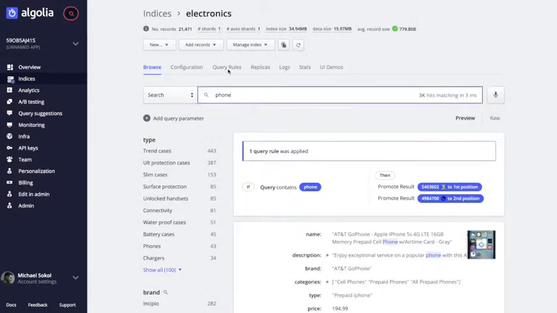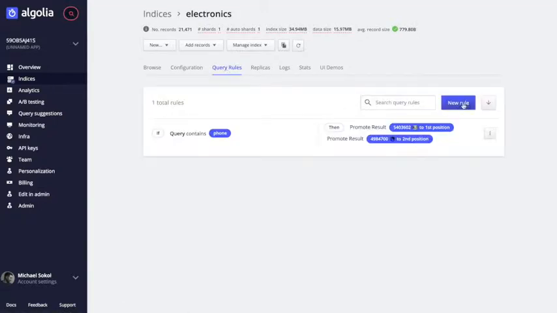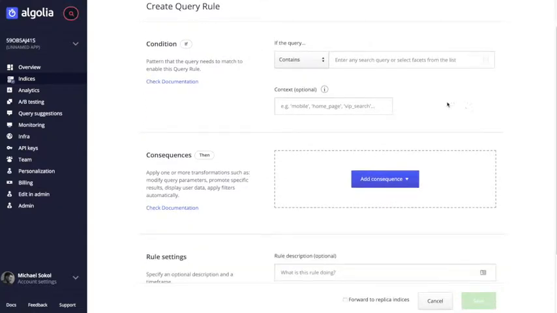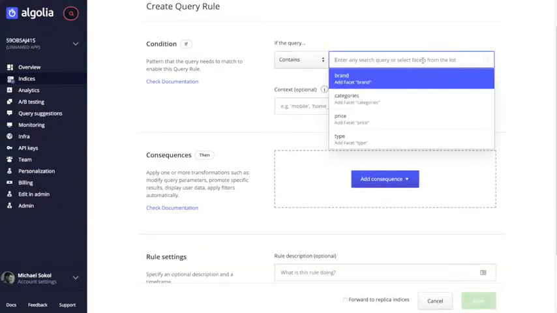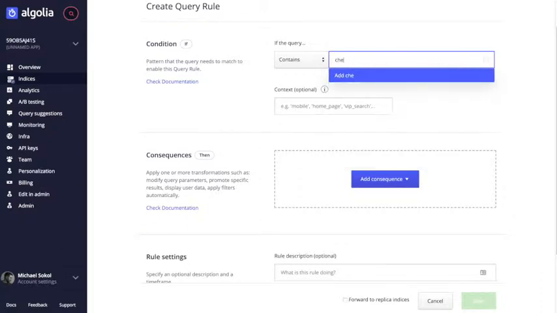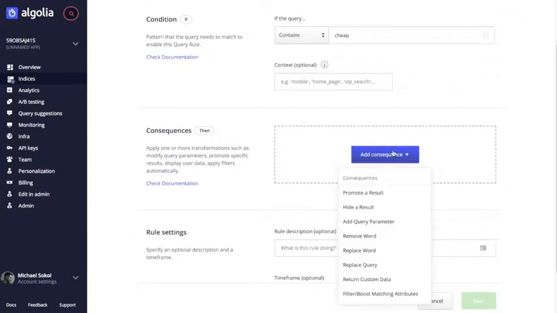One of the features that I really love, let me show you. If we create a new rule, and we say the query contains, not phone this time, but something more like, let's say cheap, for instance. Cheap is an intent. When someone is typing, I'm looking for cheap phone or cheap cases, we don't really care about cheap being something that should match in the textual fields of the record, but maybe more, we want to add a new consequence,